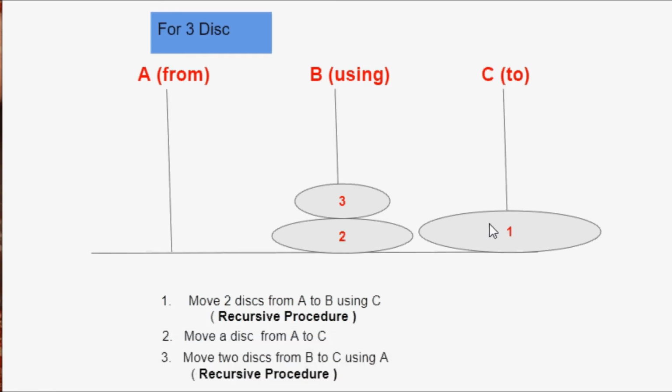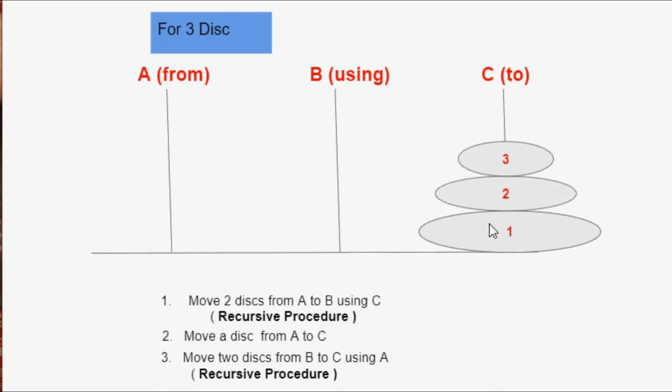So after making the recursive call of the third step, my final result would be this. Finally, I have followed all the rules of the Tower of Hanoi problem, and I have transferred all the 3 disks from tower A to tower B. Now, if you have 4, 5, 10, 20, n number of disks, the number of steps are going to be the same. But in step number 1 and step number 3, there is a recursive call. How many times that call would be made depends upon the number of disks you have.